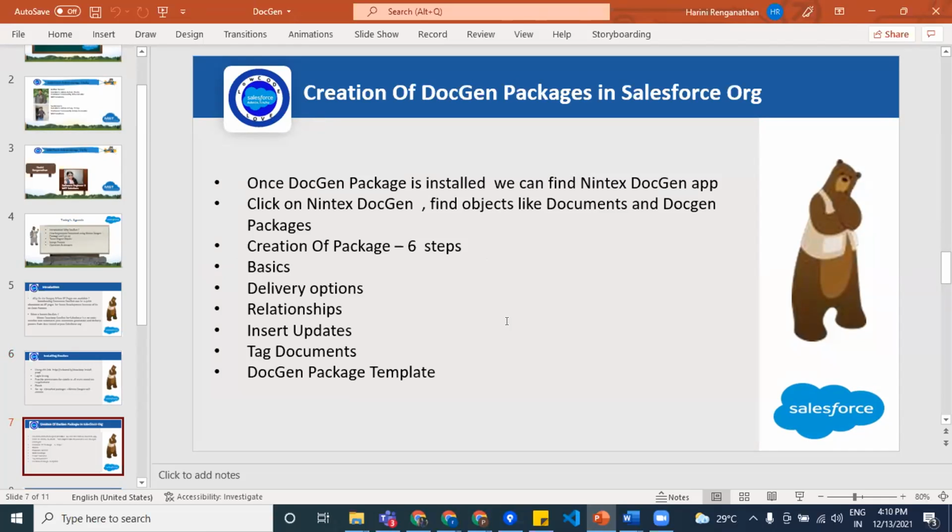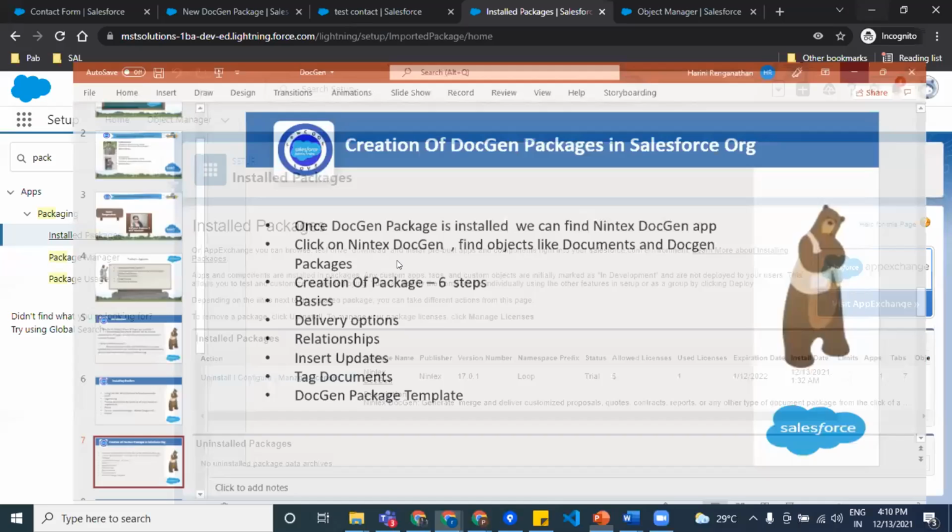And whatever the template, the Word document or the PDF document at the end stage, which is going to look like from the user's perspective, you have to design it in a normal Word format and then upload it and start working there to proceed with the other things. So that is all that is present in a package. I'll show a quick demo.